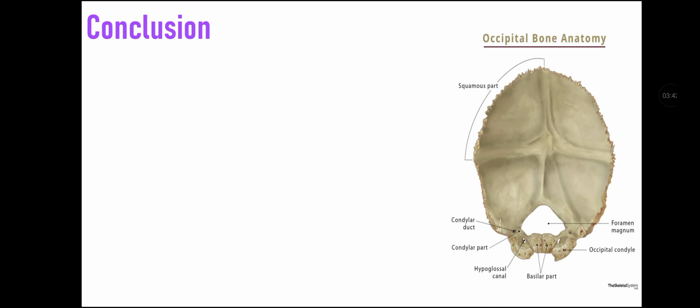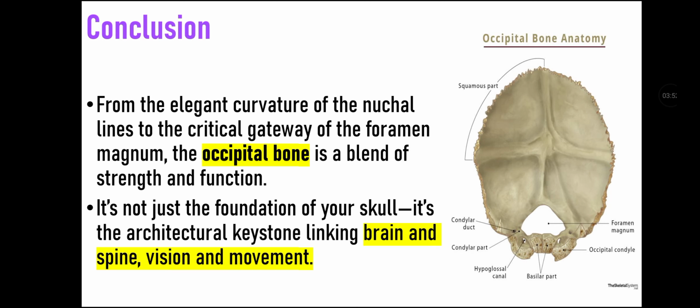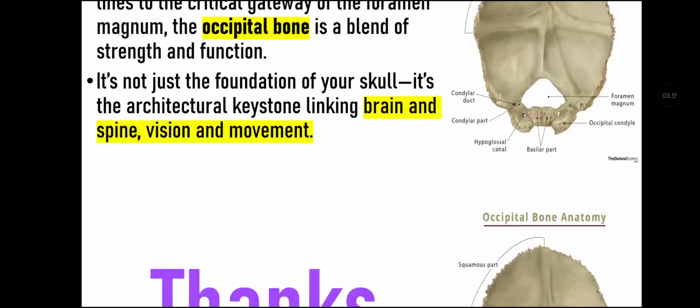Now let's talk about the conclusion of this lecture video. From the elegant curvature of the nuchal lines to the critical gateway of the foramen magnum, the occipital bone is a blend of strength and function. It is not just the foundation of your skull, it is an architectural keystone linking brain and spine, vision and movement. And this was all about